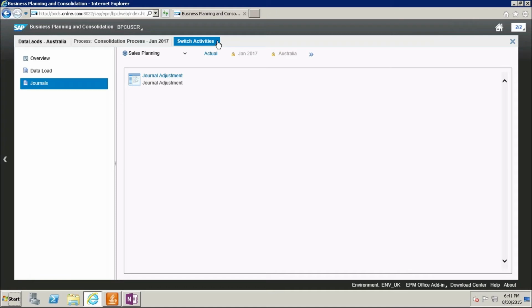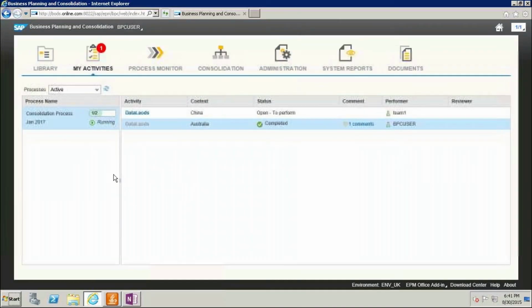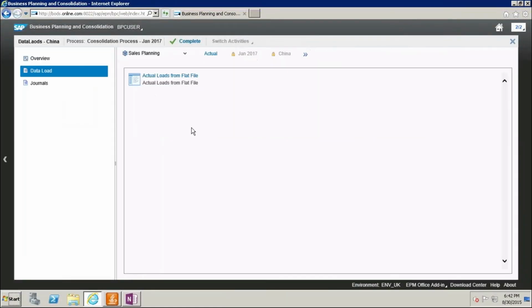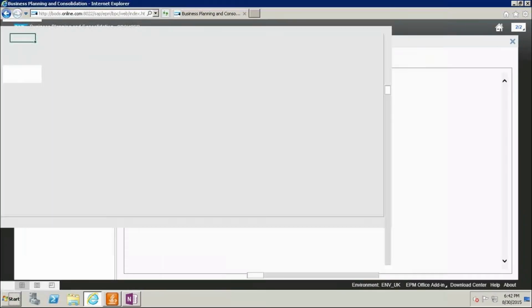Once the journals are done, just close here and come back. So this data load is performed and one comment was done here. This is also what we wanted to do for data loads. Again, you are going to do this activity, everything.